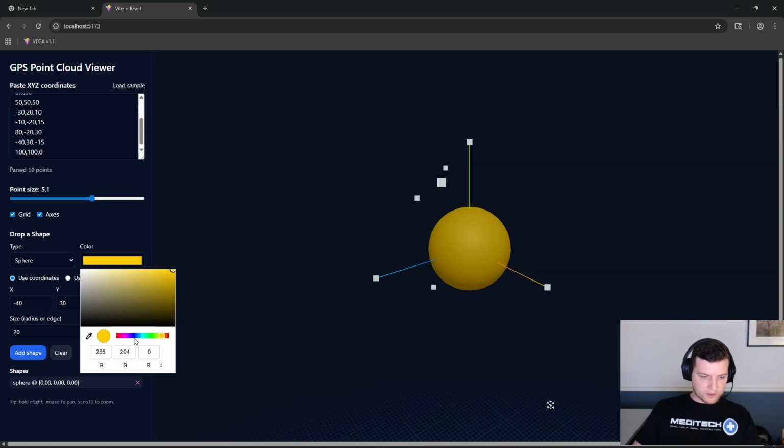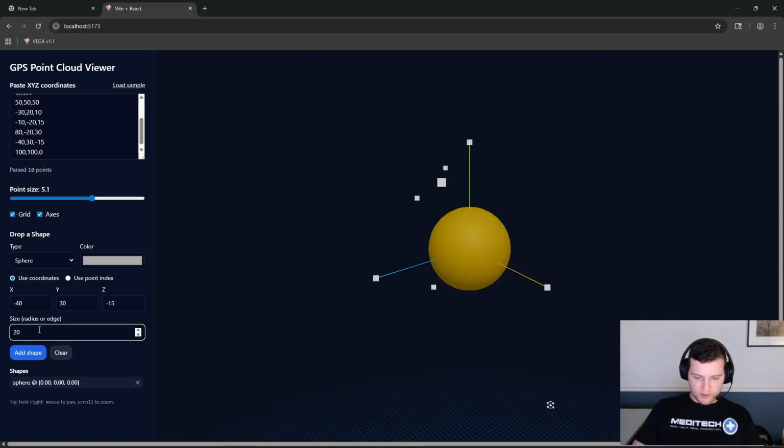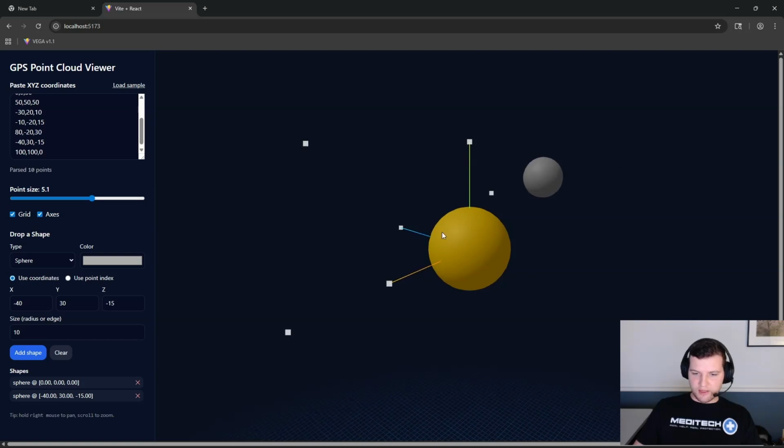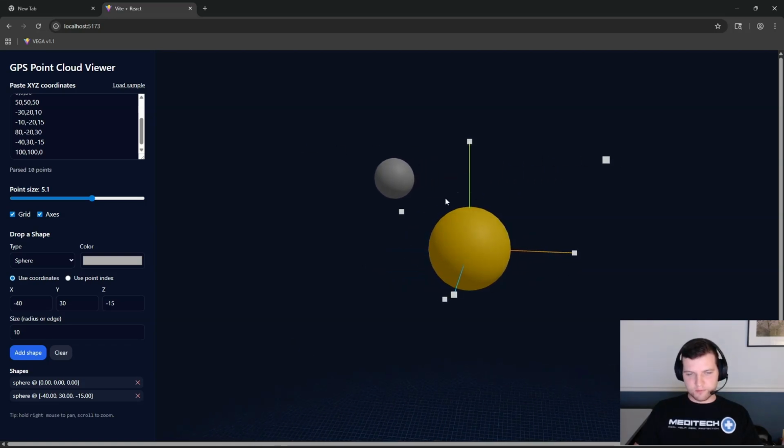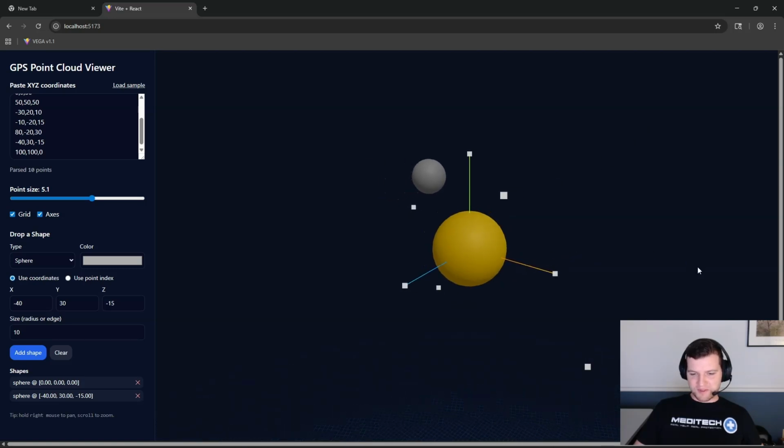So let's give it a nice green color. Well, let's go gray. It's the moon, right? We're gonna have moon, and we'll give it a 10. And so there, it's added it in at that point. So now you've got a nice little planetary celestial body situation going. So if you're in the game, this could be Earth-like planet, that could be the moon,